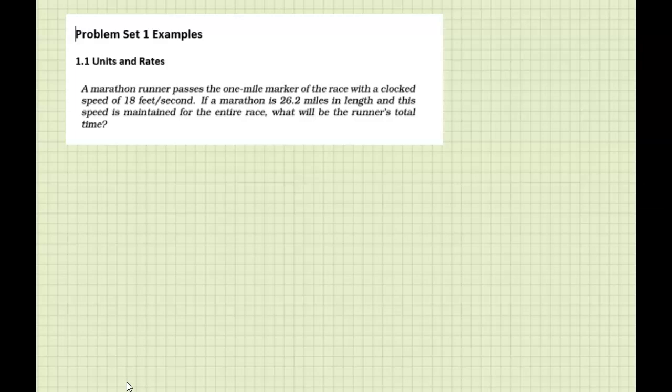So we do need a formula to solve this problem, and the basic formula is that distance equals rate times time. So we have distance equals rate times time. I call this the dirt equation, right? Dirt. All right. Anyway, so the rate is the speed. All right. So what do we have here? We know that the distance is 26.2 miles. That's the total distance for the race. So D is